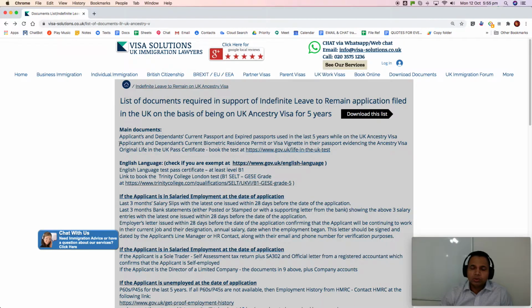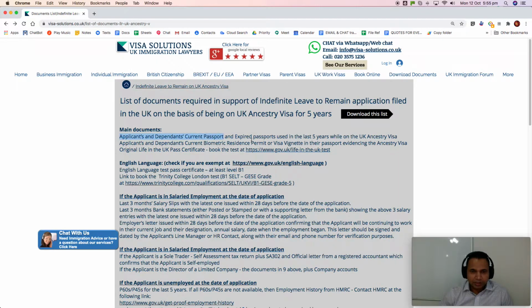That is fine, provided you have the visa to come back, or you are a non-visa national and you can still enter the UK. But after you attend the biometric appointment, you cannot leave the UK till you get a decision on your application. That is very important. Though they don't take the passport, under the immigration rules your application will be treated as withdrawn if you leave the UK after your appointment.